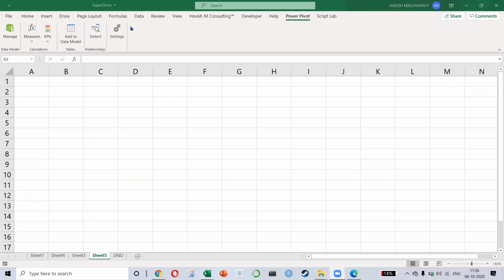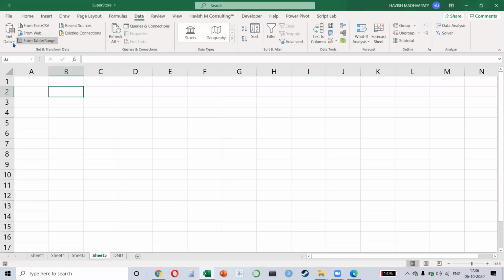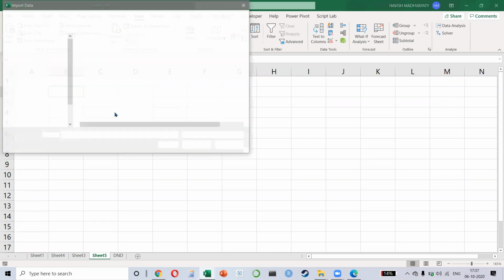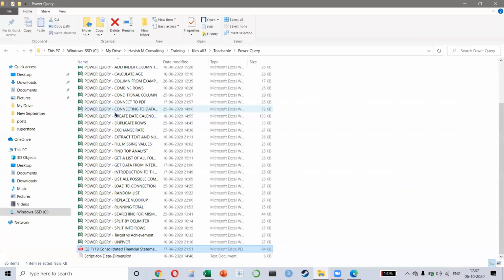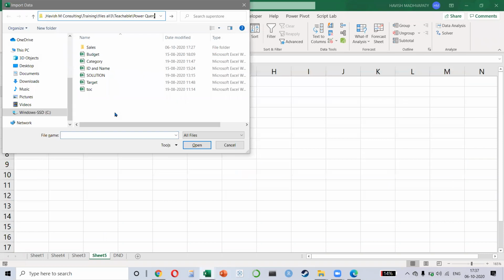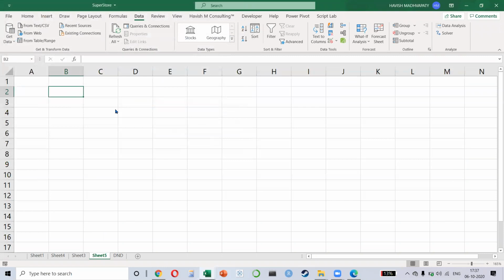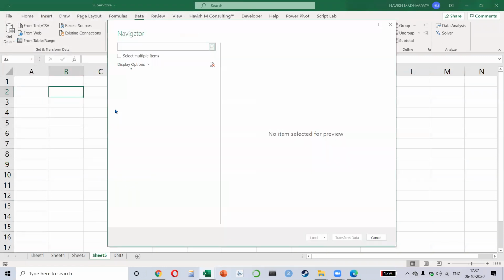Watch this. I will click on data, get data from file, and we have an option called from PDF. So we are importing the data from a PDF document. And all we have to do now is I'll just select my location. I will select my statement and watch how cool this is.